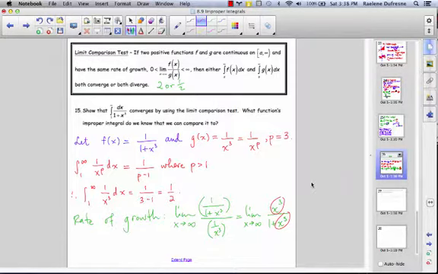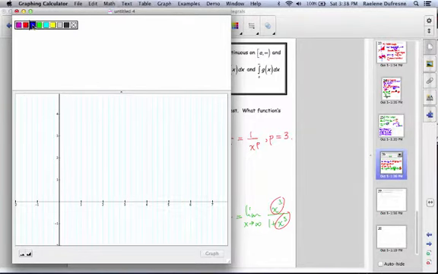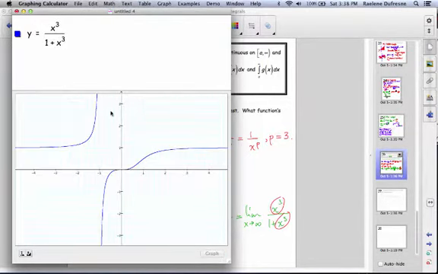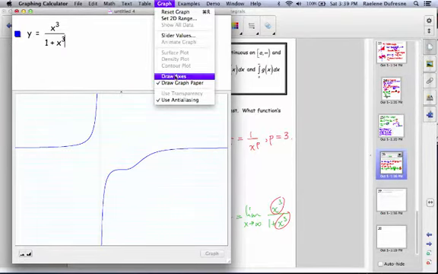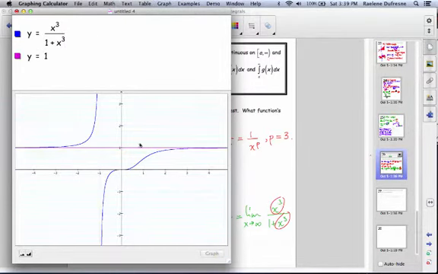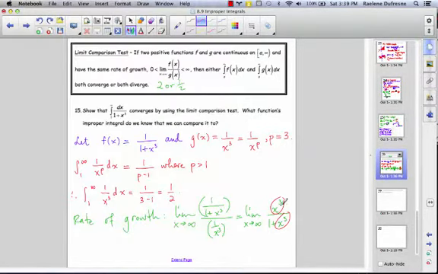Let's just take a look at what that limit means as a graph. If I take a look at the function y equals x cubed over 1 plus x cubed, then when we zoom out far enough and turn off the axes, eventually we see a horizontal asymptote. And that horizontal asymptote is at a height of y equal to 1. That, of course, is just the quotient when we divide the numerator by the denominator. And so this limit is equal to 1, and 1 is a finite number greater than 0 and less than